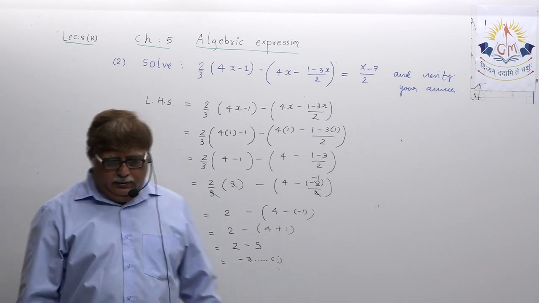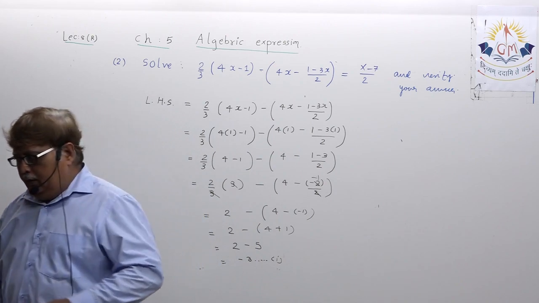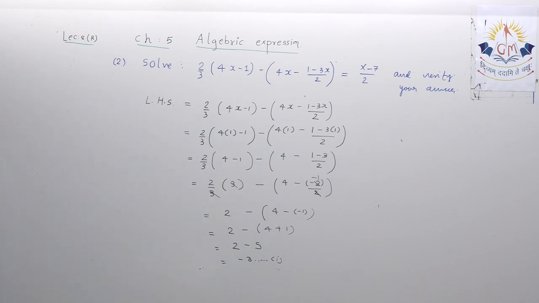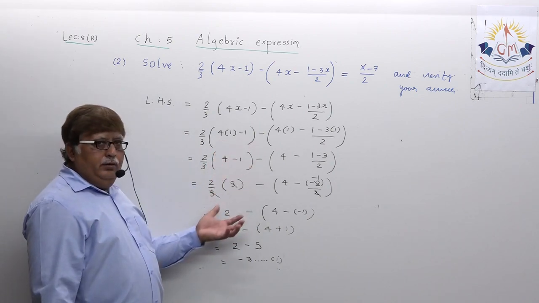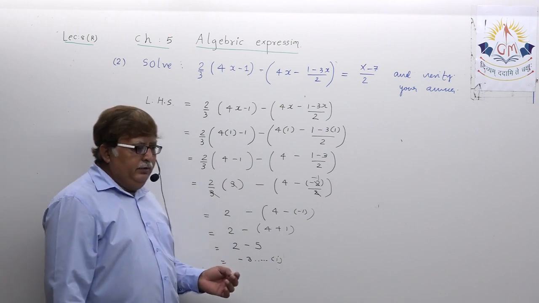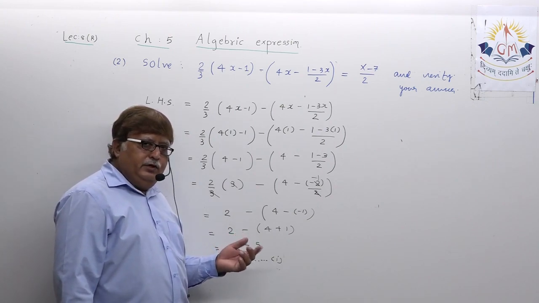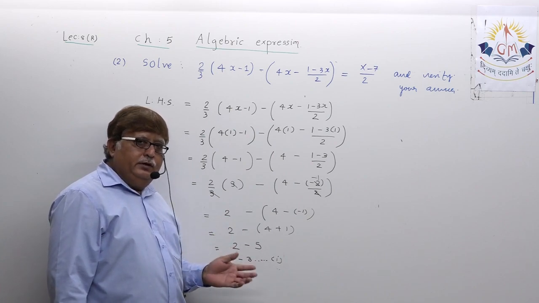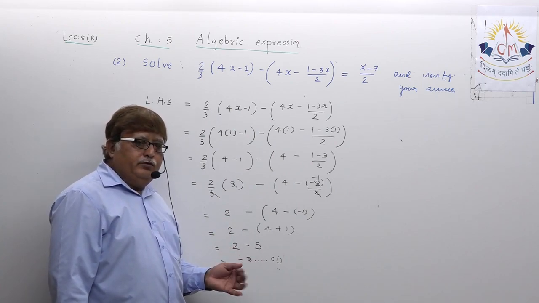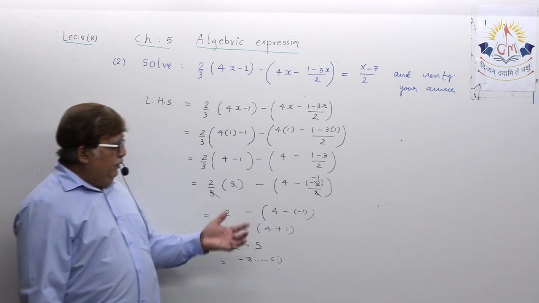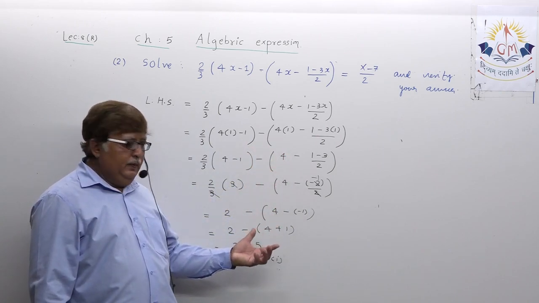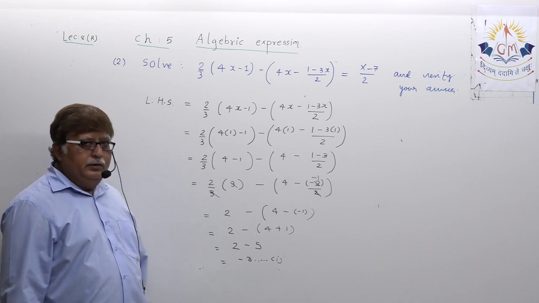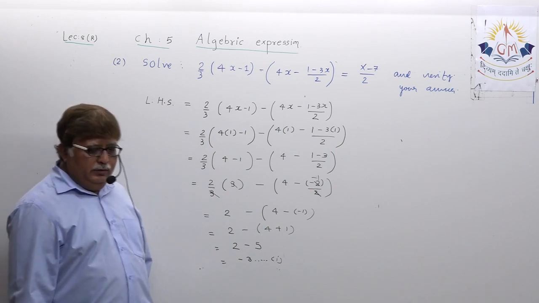Please verify, dear student, before I move to RHS. Understood? First you need to verify. Here also I have seen students making simple mistakes in substitution and solving. So this needs to be made very clear. You need to apply your logic properly and solve the example. We got minus 3.